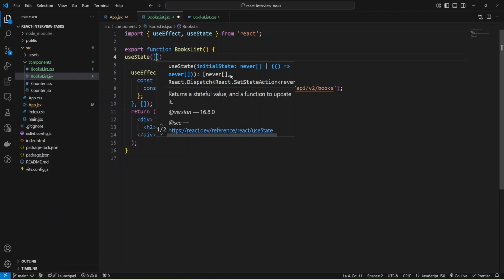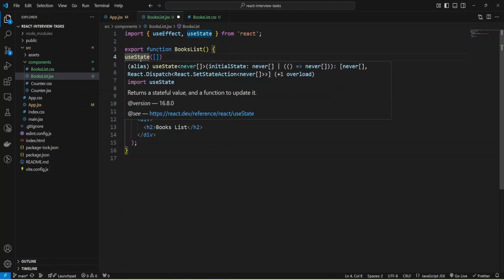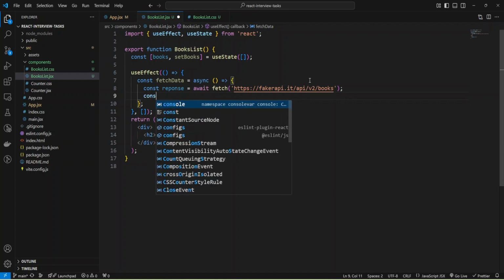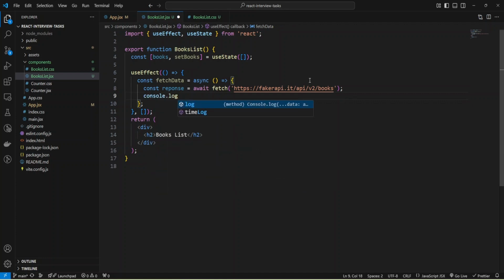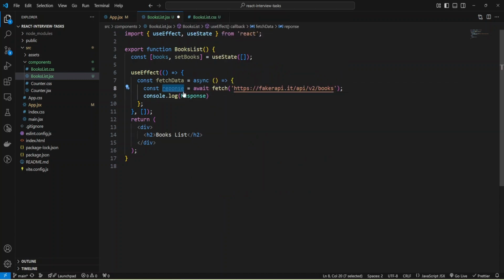And as you can see, useState returns the function and also the value, and I need to save it into variables, and I'll use books, and the function will be setBooks. Okay, and now inside our fetchData function, I can make a console.log of response, and I need to provide my